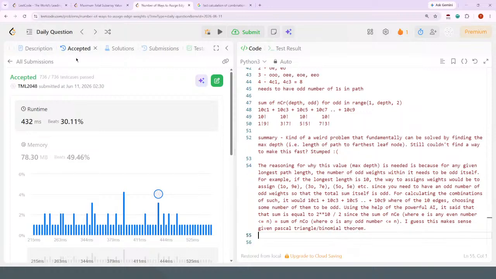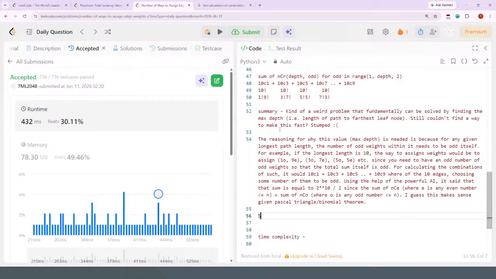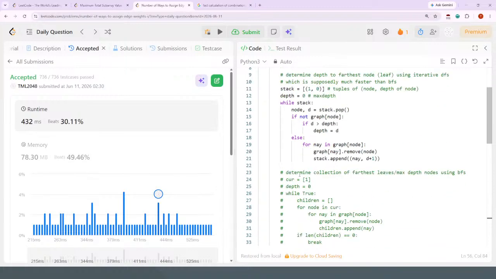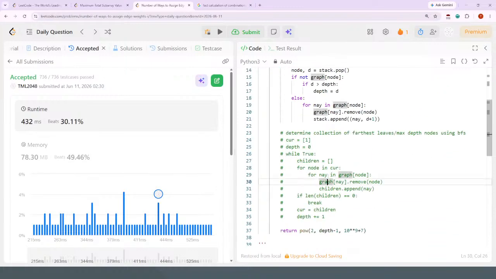All right, anyways, I used breadth first search, and then tried depth first search to find the max depth. Use the formula, which is going to be 2 to the power of n divided by 2, which is the same thing as 2 to the power of n minus 1 in the mod. And yeah,